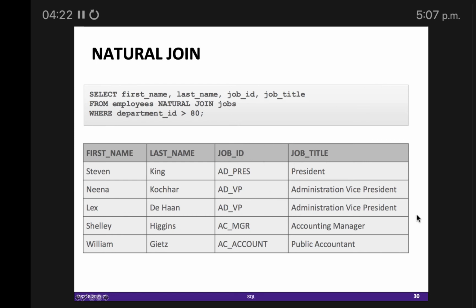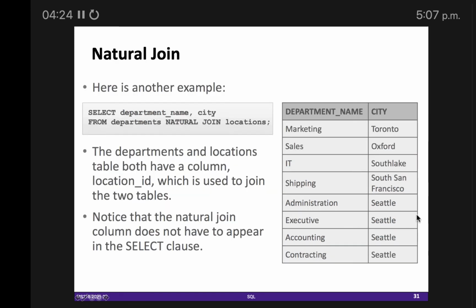So this is natural join, and the same is the case with locations. The syntax is simple. When we are joining two or three tables, we can get all the attributes from all tables. So from departments natural join locations, we will get department name and city for these two tables.